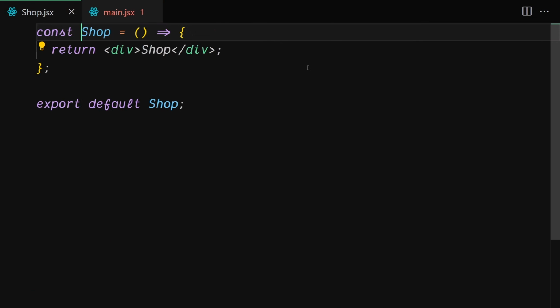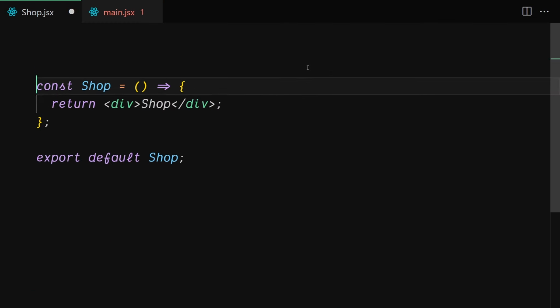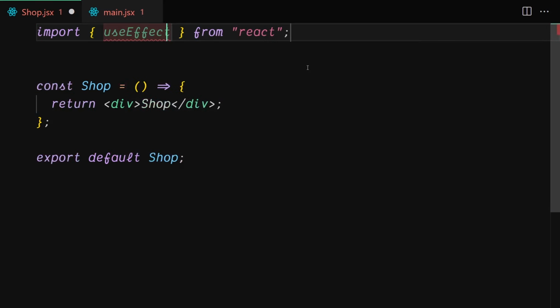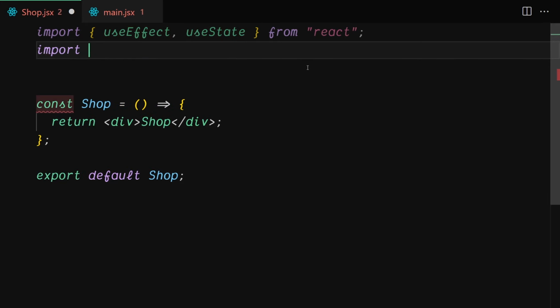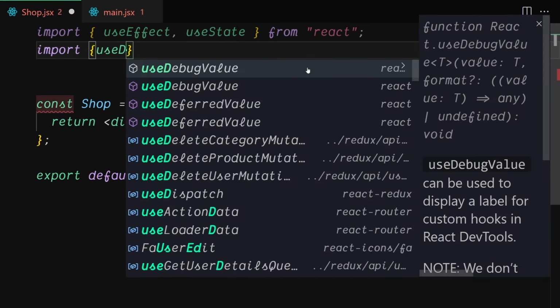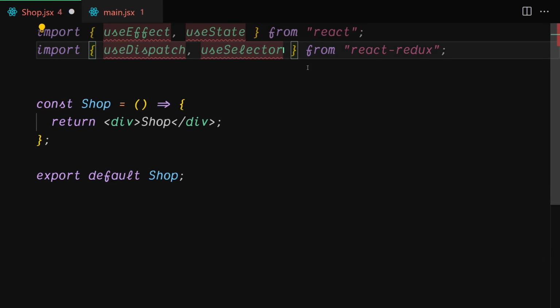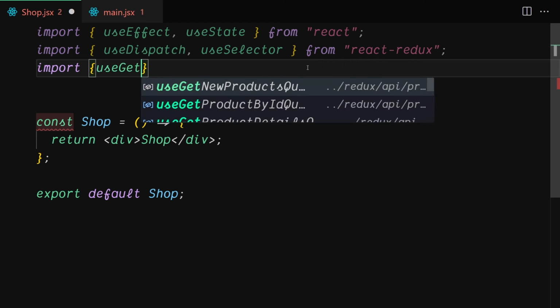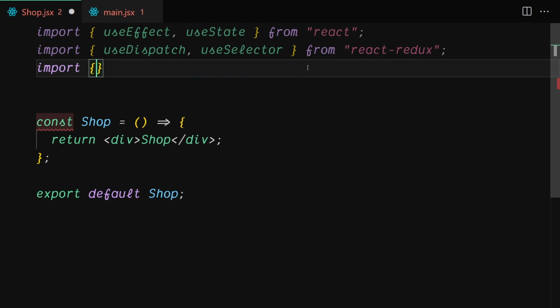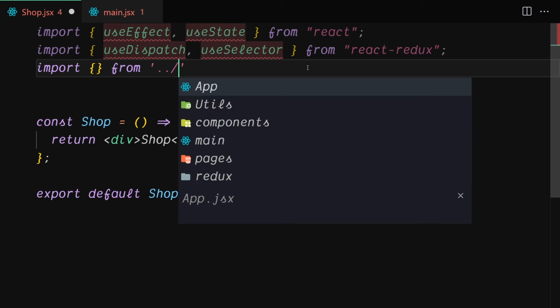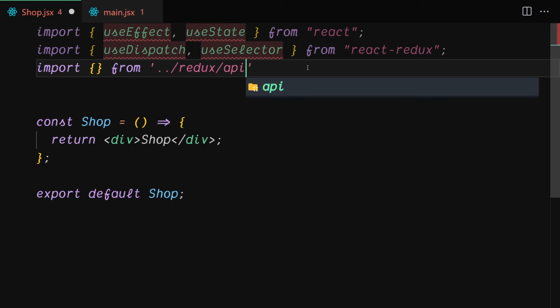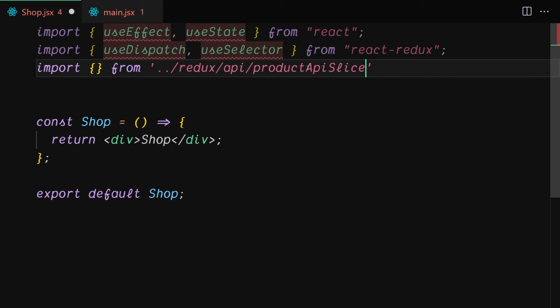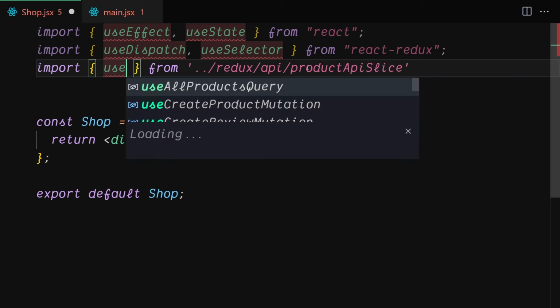There we go. So to work with the shop, first of all, we want to grab a few things. I'm going to grab my useEffect first of all, and also my useState, and that's it. Just kidding. We have to get a lot of things. useDispatch, and also the useSelector from React Redux, and also we wanted to get our endpoint right here, which will be useGetFiltered. I'm going to grab that in a few seconds, but first of all let me provide the path of Redux, and inside this Redux we have to specify the API and then the product API slice right here. And now here I'm going to write useGet